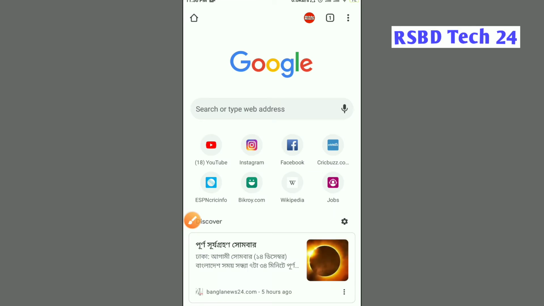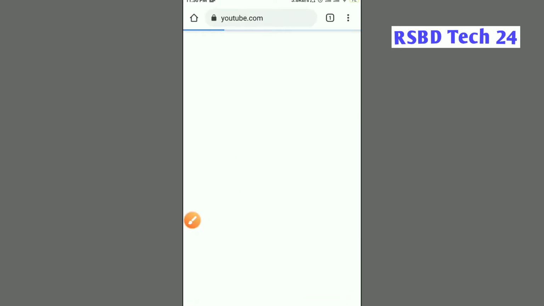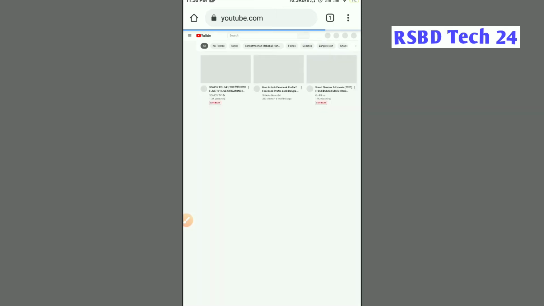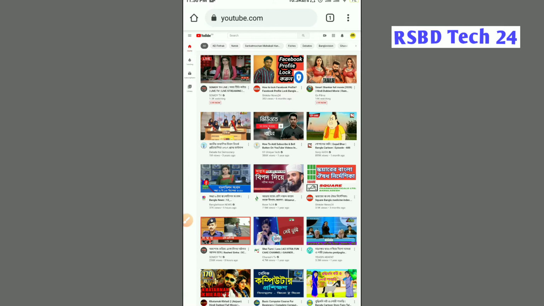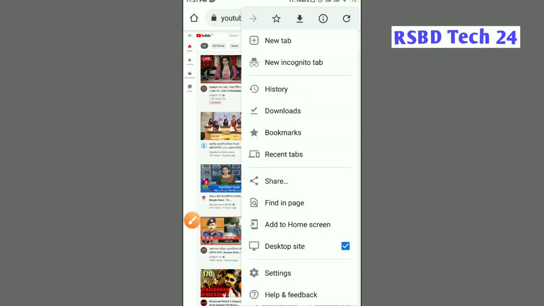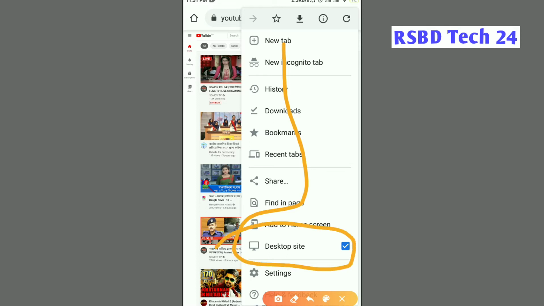After opening it, dear viewers, we see YouTube here and we have to click on the YouTube icon. After clicking here we see this page, and on the upper side we see the 3-dot menu, and we have to click on this 3-dot menu. On the lower side we see Desktop site, and the Desktop site is already ticked here.